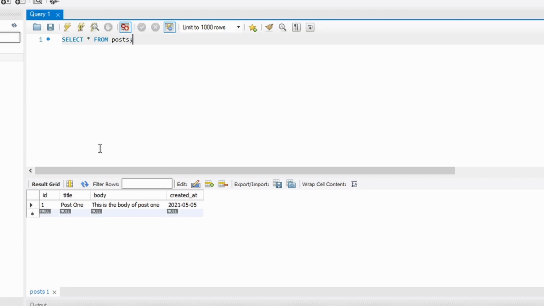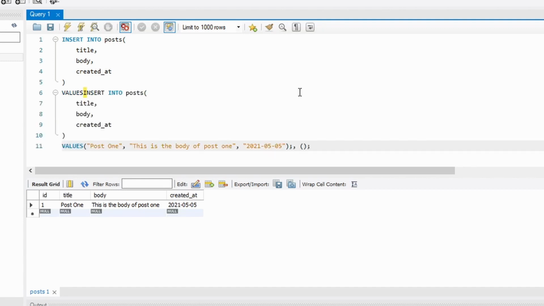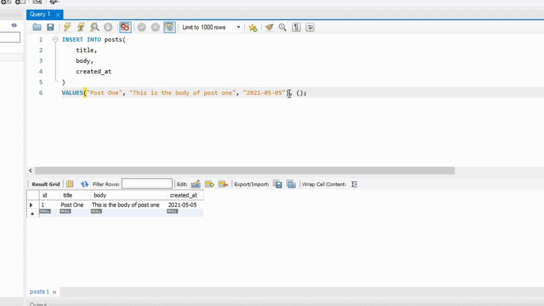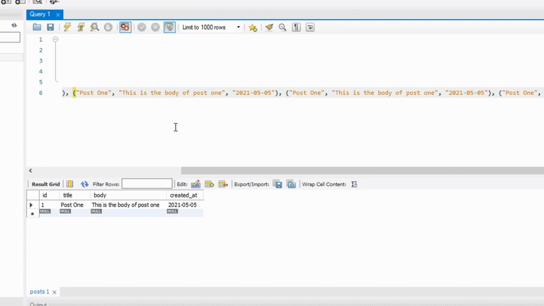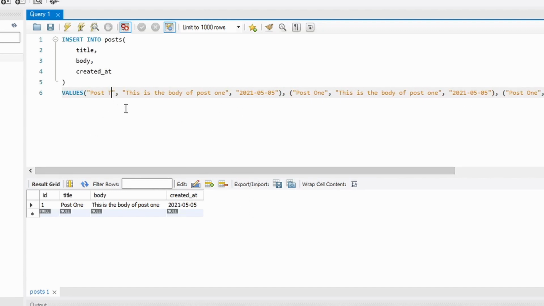So I'm going to actually go and add a few more posts in. I'm going to show you how we can do that. It's basically really easy. We just add commas to the values over here. So we can, oops, not like that. We copy this piece, and then we can add multiple comma separated like this, and this would add all of them. So I'm just going to change the post titles to 2,